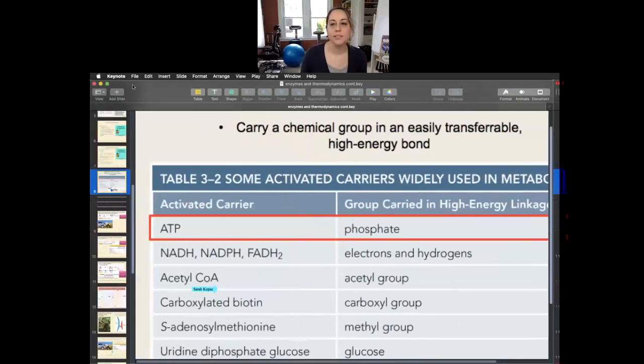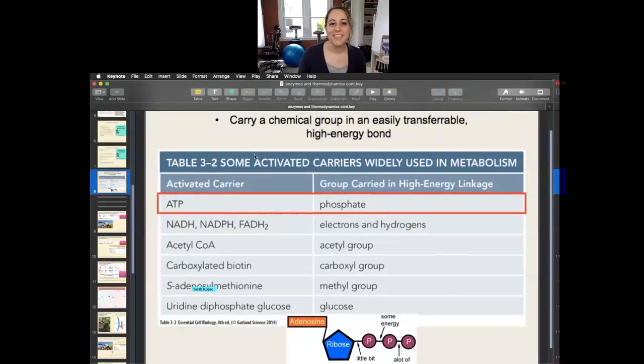Sorry, I'm going to move this to this screen so it looks like I'm looking at you guys instead of ignoring you. Not ignoring you guys. Okay,